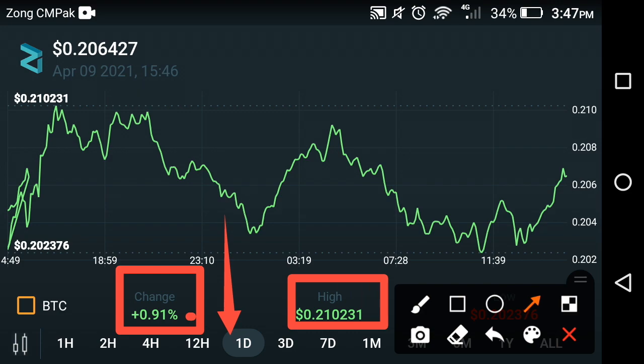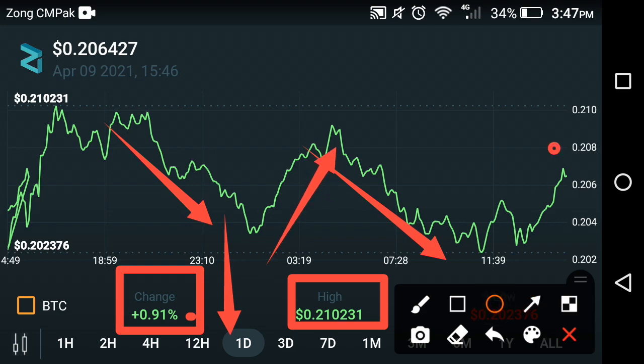If we look at the chart analysis of the Zilliqa coin, as you can see here, it is continuously falling down and falling down. But if we look, there are small jumps, small pumps in Zilliqa coin. If we look at the current status of Zilliqa coin, I think they are in a jumping mood, and that is why the change is positive, friends.